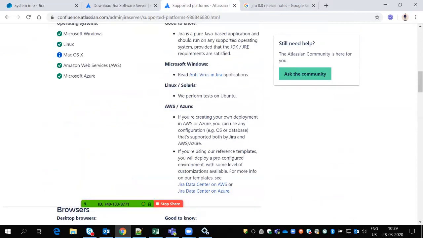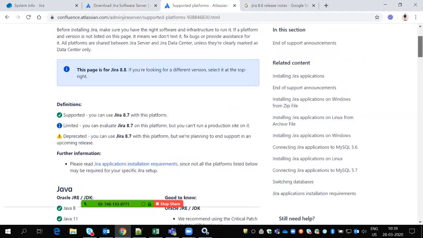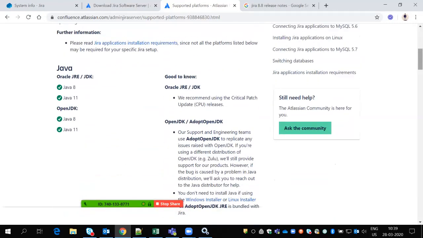But suppose you're trying to upgrade from 8.0 to 8.8, there are lots of versions in between. In this case, we must upgrade PostgreSQL or any database. That is based on your current version and your target upgraded version. Between those, which is supported and which is not supported, we have to plan that. So I can't say now which is definitely supported and which is not.